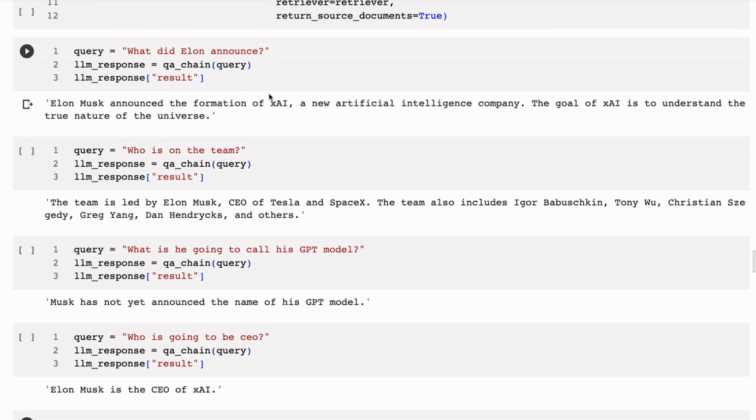Elon announced the formation of X.AI, a new intelligence company. The goal of X.AI is to understand the true nature of the universe. So that's a very good answer. And remember, this is no longer using search on the internet to do it. It's just getting the answer from those 7 docs that I scraped and put in there. So we're doing a vector store lookup, and we're bringing the 7 top results back,